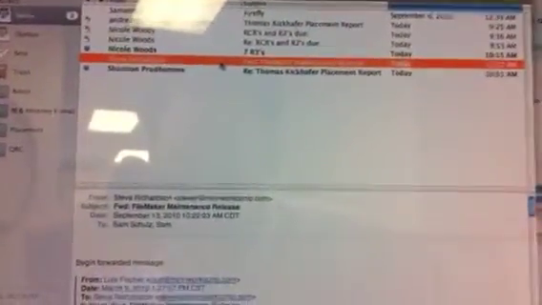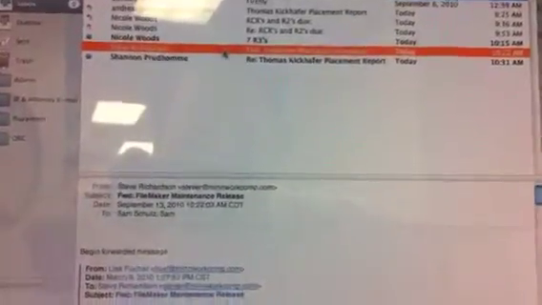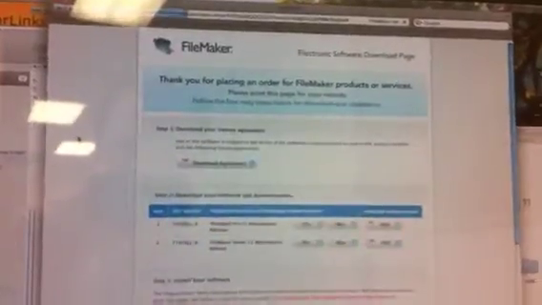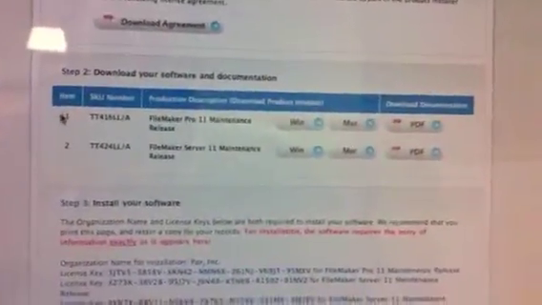By now you should have received an email from me entitled Forward FileMaker Maintenance Release. So just go into the email and scroll down within the email, and you're going to want to click on the link that says click here to access your software download page, and that should open up this link here, and then you're just going to go right here to item number 1,